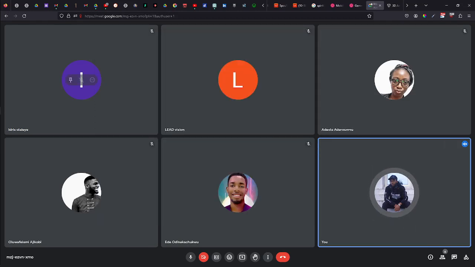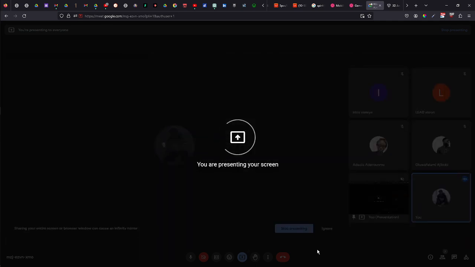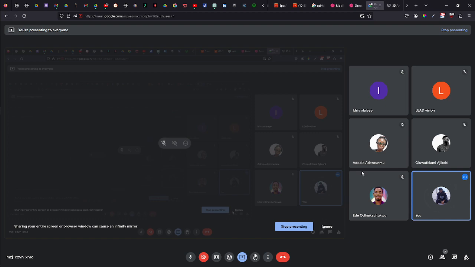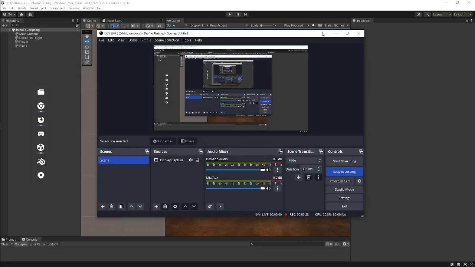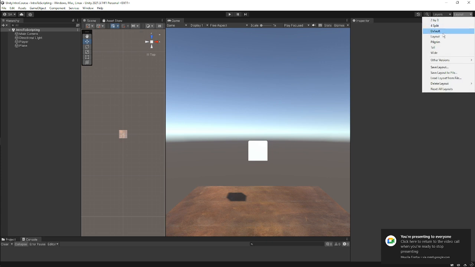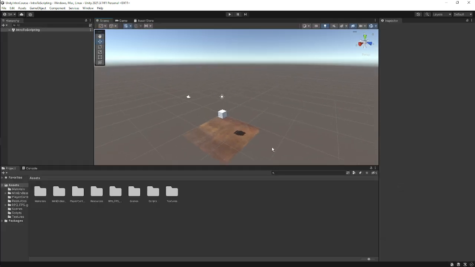Let's start with that. Let me share my screen and then we can jump into Unity. Okay, and then see how much we can cover within the time we have left. All right, so this is where we stopped